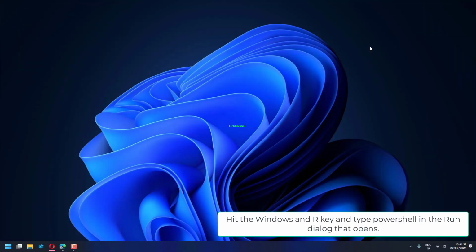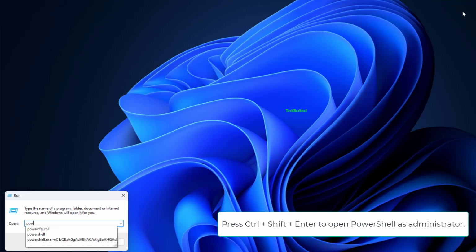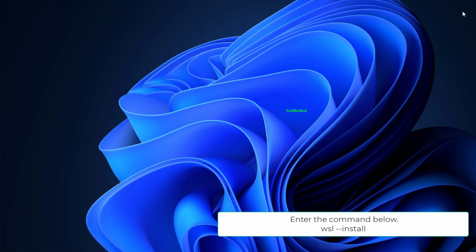Hit the Windows and R keys and type PowerShell in the Run dialog that opens. Press Ctrl+Shift+Enter to open PowerShell as administrator. Enter the command below: wsl